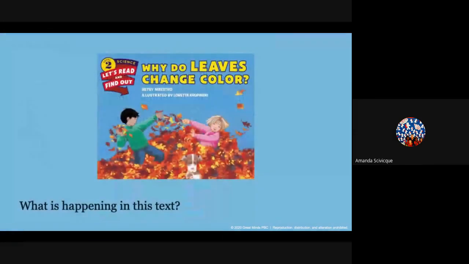Why Do Leaves Change Color is informational text. I see the word science, and I also read the sentence, let's read and find out. When I see those together, that makes me think as a reader that this is informational text. I will say that the cover of this book is a little tricky, because the cover does not have a photograph. So that's why, as a reader, you need to look a little bit closer, and those words in the corner